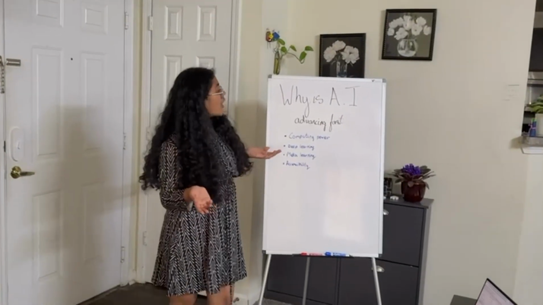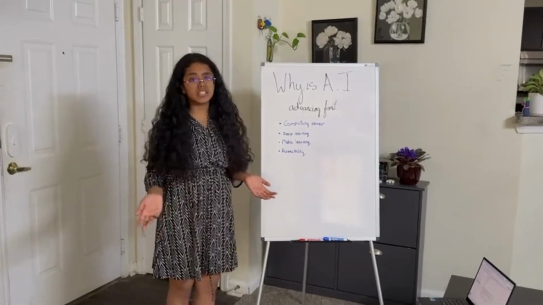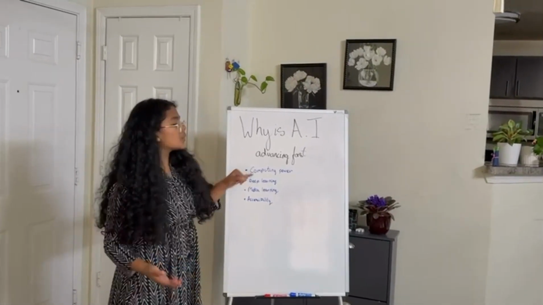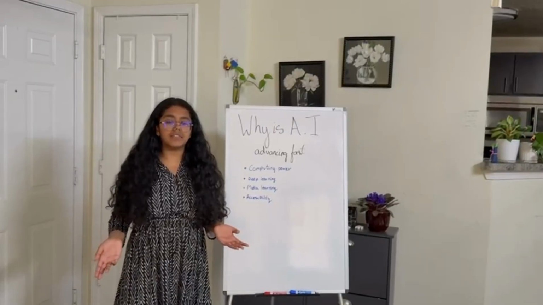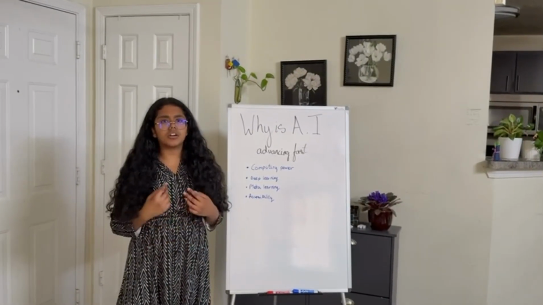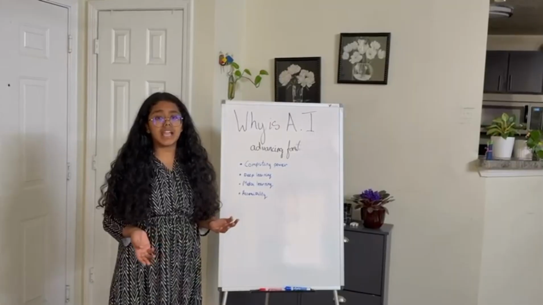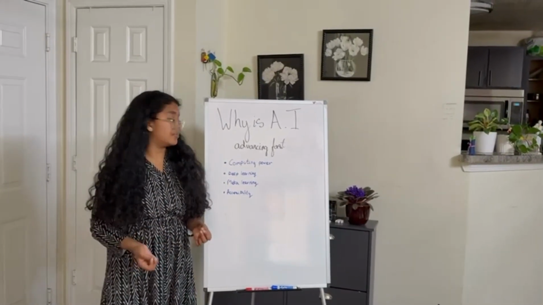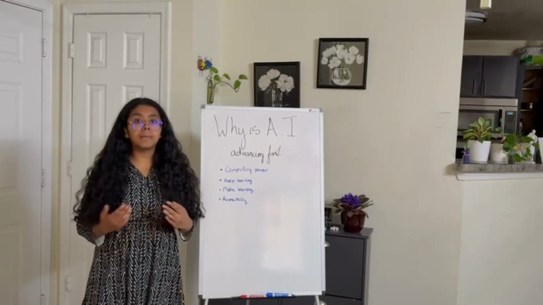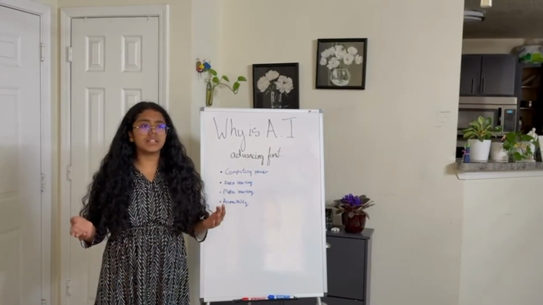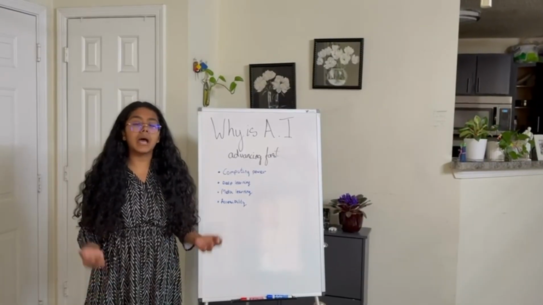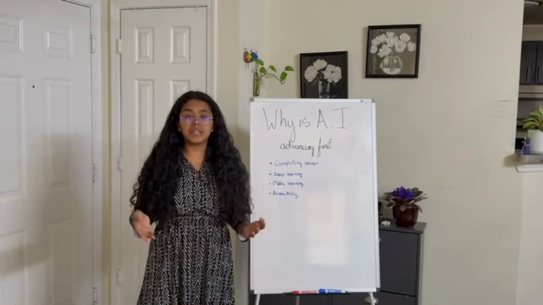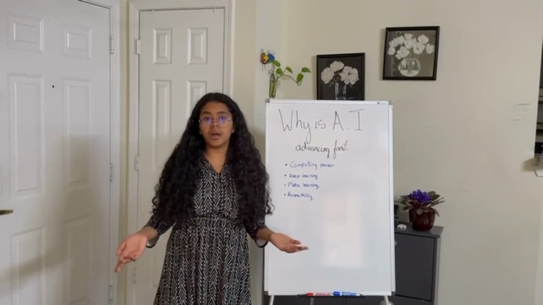Now, we're going to talk about why AI is advancing so fast. So there are 4 main reasons why this is happening. First, we have computing power. Now, more than ever, current chips, graphics are all super powerful. This enables AI to gather data and model this data much quicker than ever before. We also have more deep learning. Before, AI was only delegated to basic tasks, but with the advent and spread of deep learning, AI can now be used to simulate advanced problems.